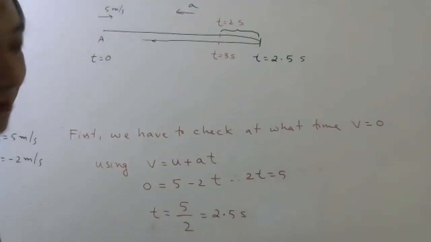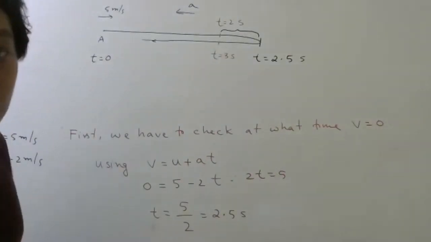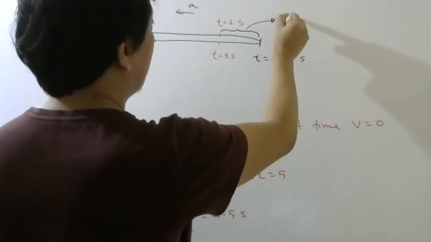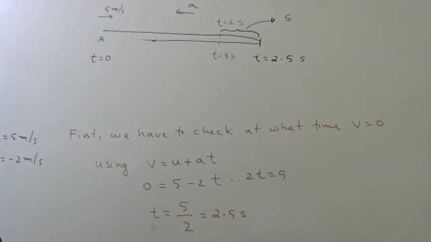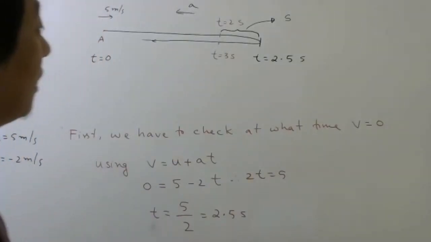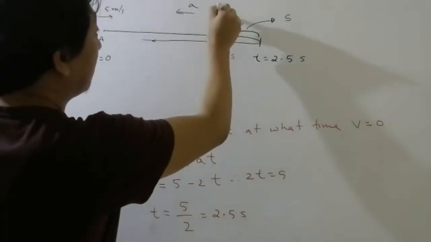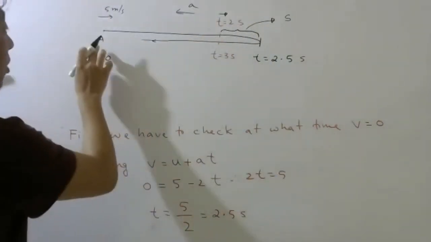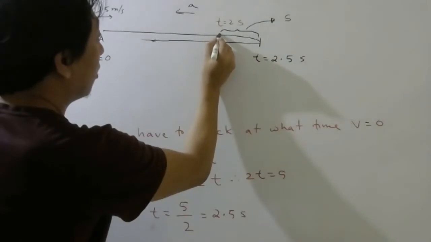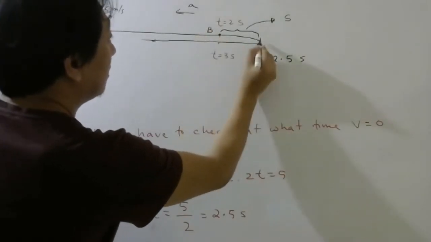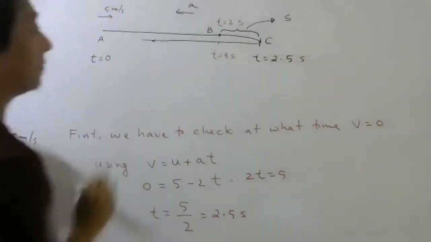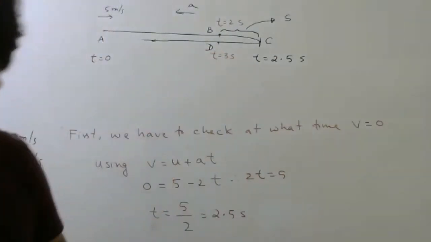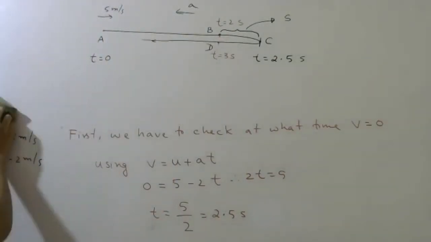Okay, now look here. From here to here, what is the distance that we have to calculate? Let us call this distance some symbol, let us say S. Now how to calculate that? Well, we have to find here what is the velocity when it reaches here. So let me mark points. A, this point let me mark B, this point let me mark C, and this point let me mark D. First I mark the points.